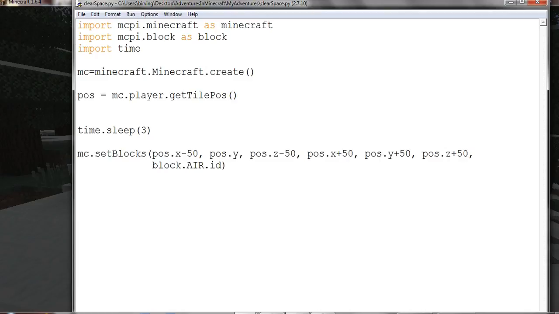So with this set blocks command, I'm just going to set a huge cube. What am I going to make it out of is always the question. Well, I'm going to make it out of a block or blocks of air. Now I know that sounds kind of weird, but if you think about it, everything in Minecraft world is made